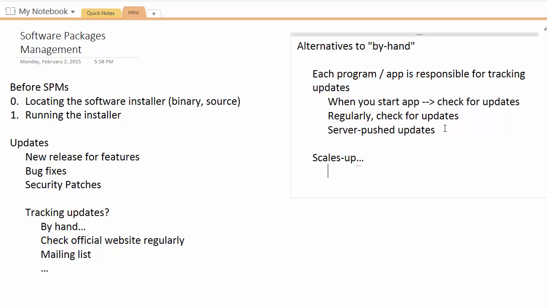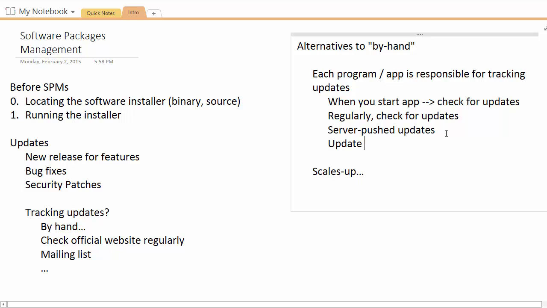So in the case where you start an application that checks for updates, either every time or regularly, or just communicates a quick message to an update server to give its IP, for example, this can scale up relatively reasonably. What doesn't scale up at all is the idea of an update monitor, and I should say